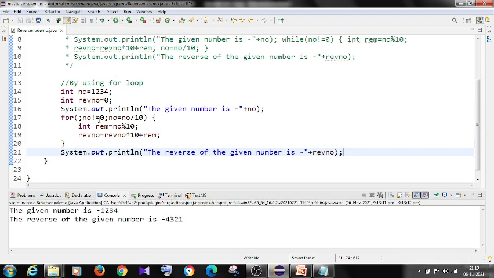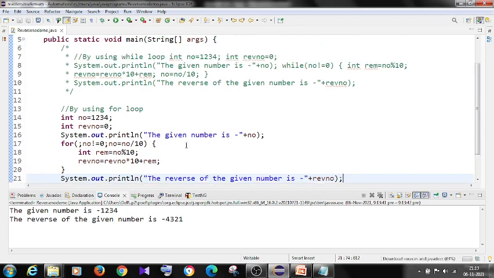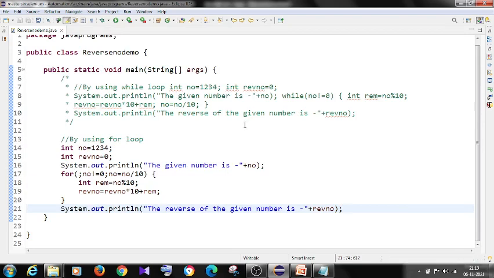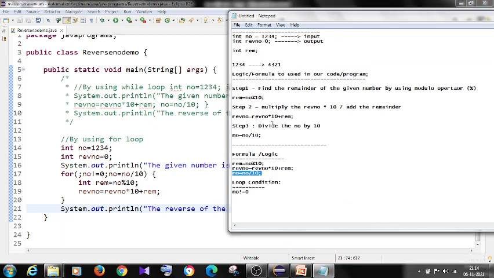Yeah, see. The given number is 1 2 3 4, and after reversing, the number is 4 3 2 1. Okay, this is the logic we need to implement in our program. Okay, you can reverse the number by using while loop and for loop here. Okay, and this is the logic we need to implement here.